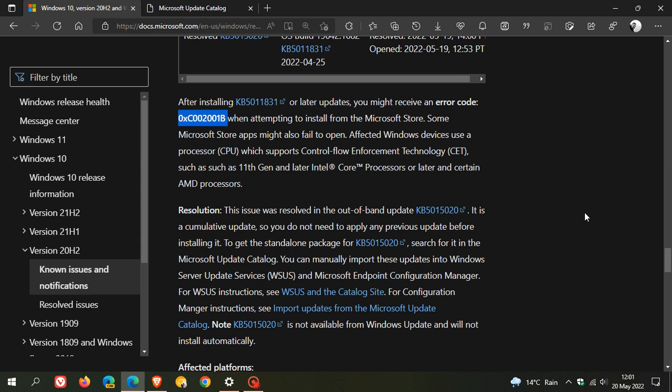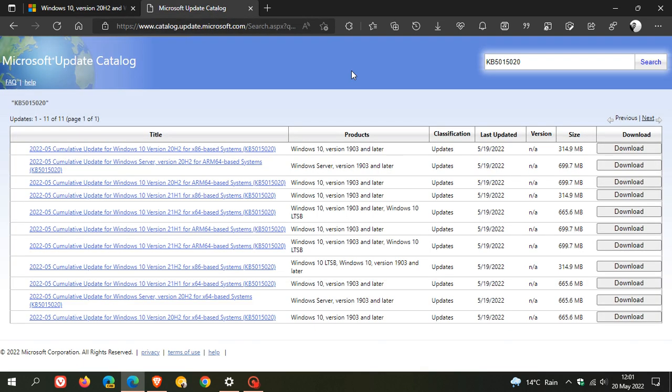So it's only been made available using the Microsoft Update catalog online, which you can just head to, and you can just enter the KB number 5015020, which will bring up all the different versions for Windows 10 and your different systems. And you can just click on download, which lets you download and install the update manually. So only install this update if you are experiencing these app installation failures mentioned in this video today,